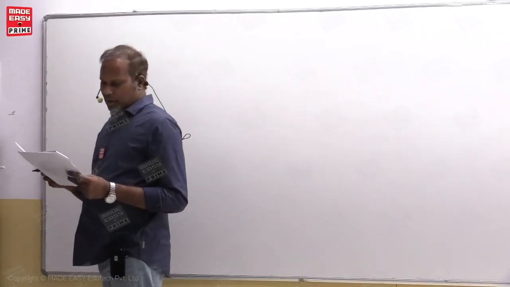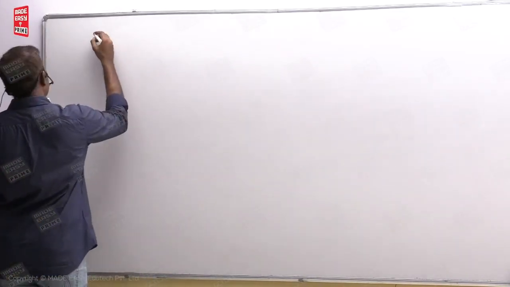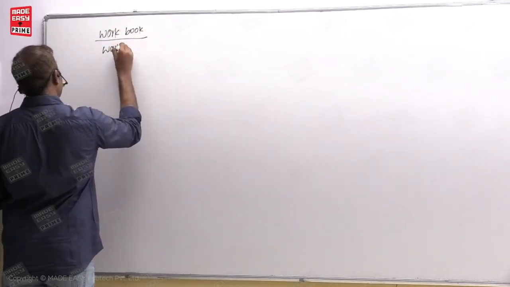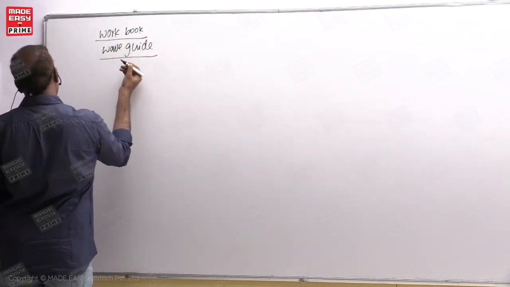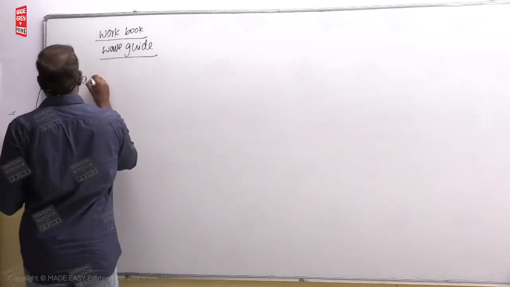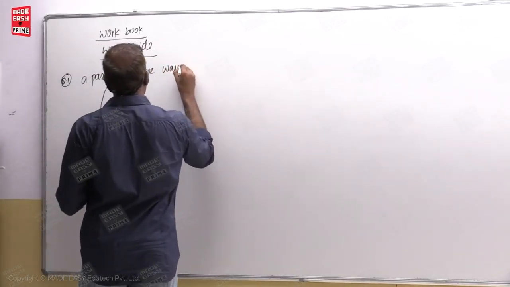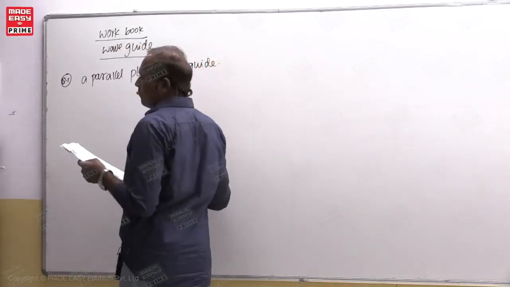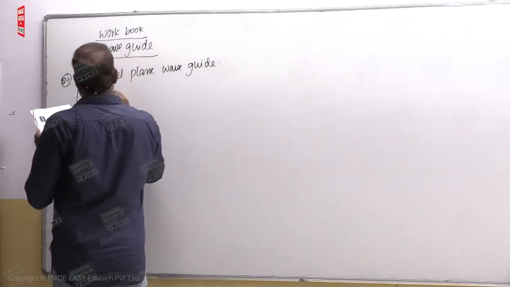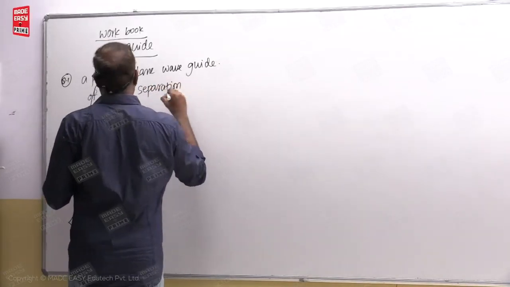Okay. So students, now let us solve workbook waveguide questions. Workbook questions. This is waveguide, chapter 5. First question: a parallel plane waveguide. Parallel plane waveguide. We have substituted b tends to infinity, that one only. Waveguide of 2.5 centimeter separation